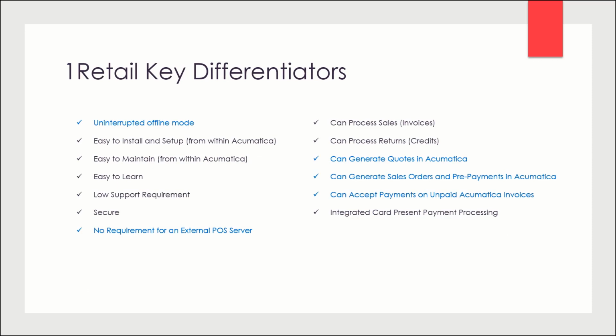The key differentiators of 1Retail, we wanted to list them here. And if you take nothing else away from this presentation, I think it's important to note that there are a few things that really set us apart from other point of sales. One of them, the first one, is the uninterrupted offline mode. Because the world is migrating from the desktop world and the legacy way of doing things in point of sale to a mobile and cloud-based deployment and a number of other things, a move to 5G and mobility and the high speeds of transaction processing,